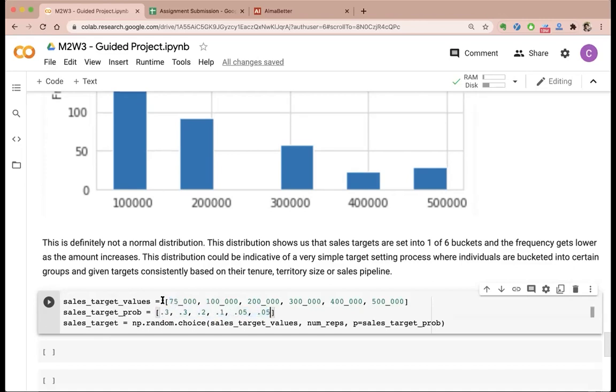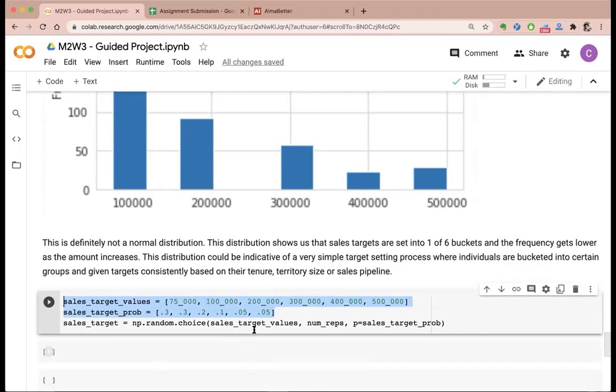So to make it a probability distribution, you have to make sure that all these values sum up to 1. Okay, so I have assigned 0.3 probability to this, 0.3 probability to this, 0.2 to this, 0.1 to this. So how much has been covered till now? 0.9, right? And 0.05 to this, 0.05 to this. So this is the PMF that I constructed, or the probability mass function, or the distribution function that I constructed.